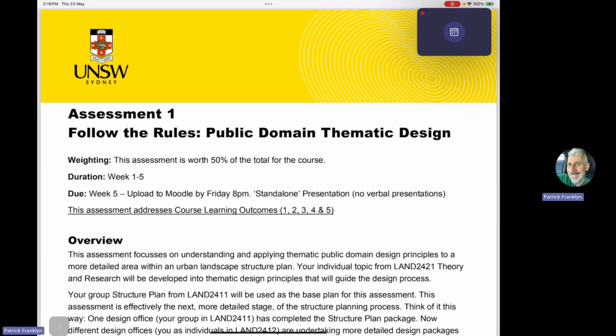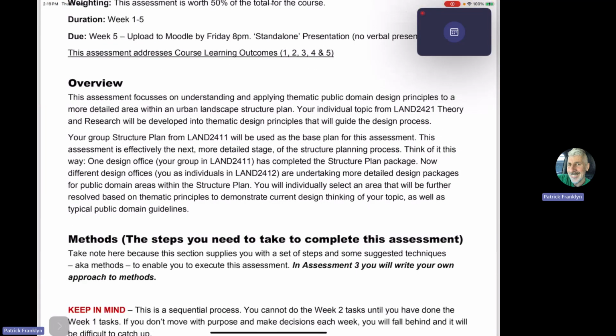This assessment focuses on understanding and applying thematic public design principles to a more detailed area within an urban landscape structure plan. Your individual topic from Kate's course will be developed into thematic design principles that will guide the design process. This is such an interesting step along your year because it gives you great focus to this theme. It doesn't necessarily mean you will hold that for the rest of the year. You shouldn't be limited by it, but we want you to just focus in and come in at this scale